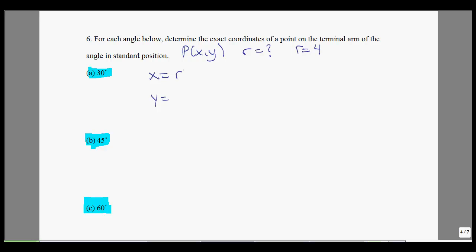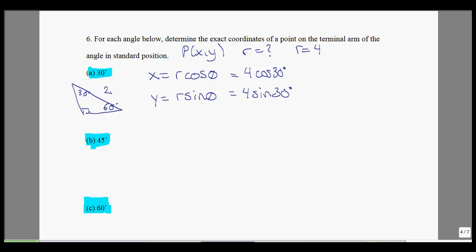Now we know from before we can manipulate our x and y values to equal our r cos theta and our r sine theta. So let's plug those in. We'll get 4 cos of 30 degrees and 4 sine of 30 degrees. From earlier, we know that our 30 degrees has a triangle with our other angle equaling 60 degrees. So we can use the previous side lengths for this triangle, and they are hypotenuse of 2,